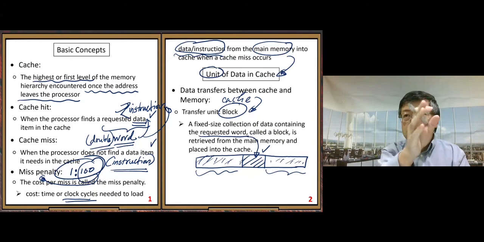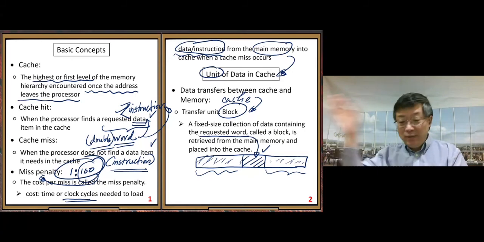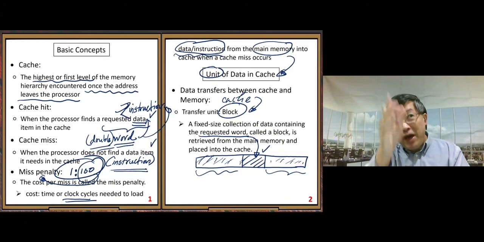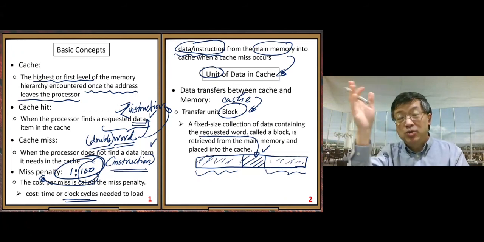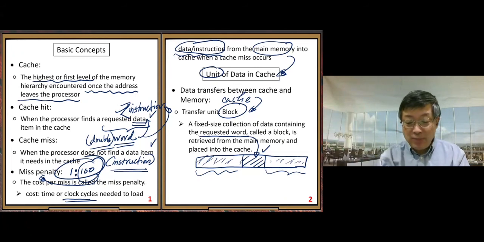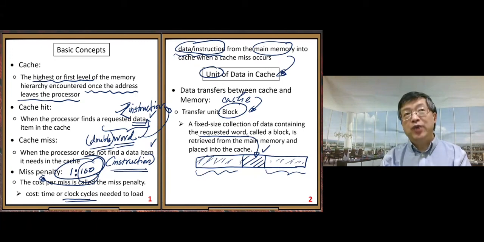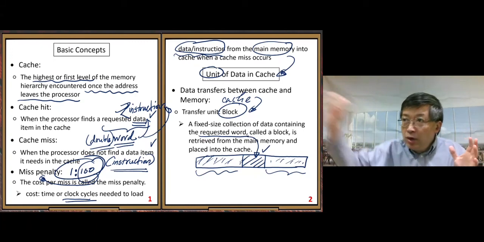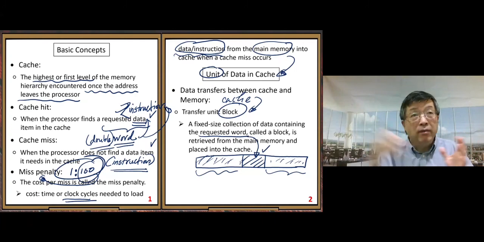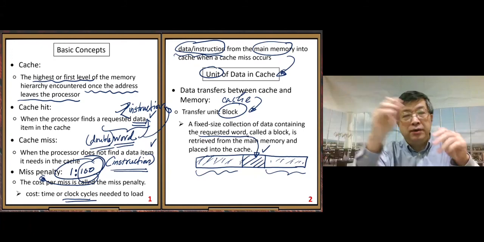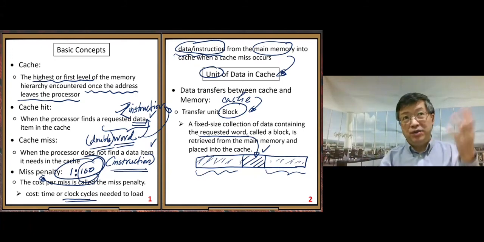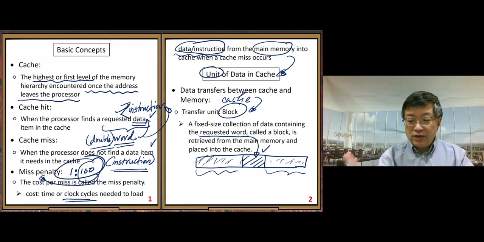and we hope other words could be reused later, based on the principle of locality, spatial locality, memory locations. Based on that, we can reduce the number of trips from cache to main memory and reduce the number of miss penalties. So you can understand the reason is pretty straightforward.